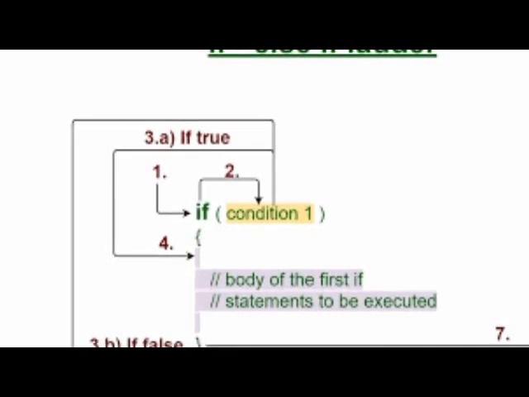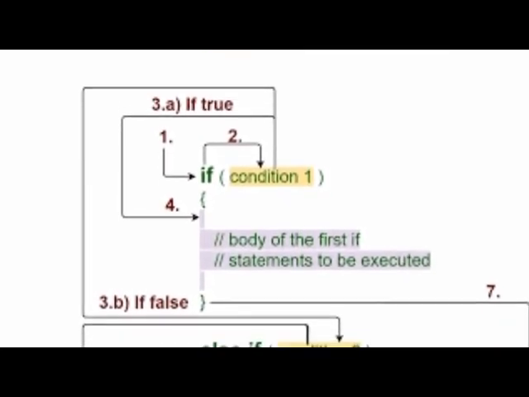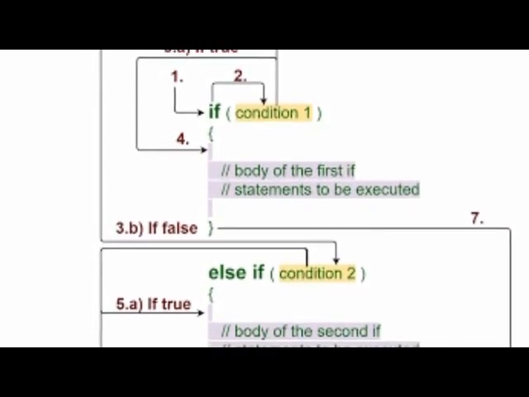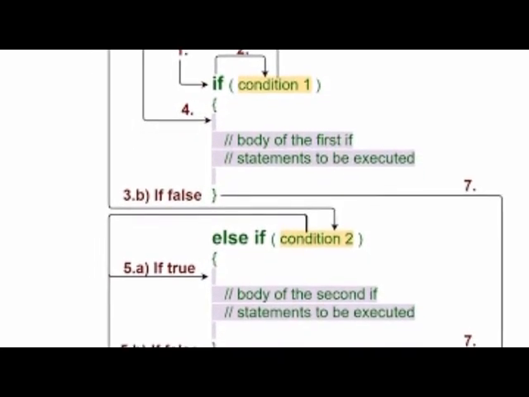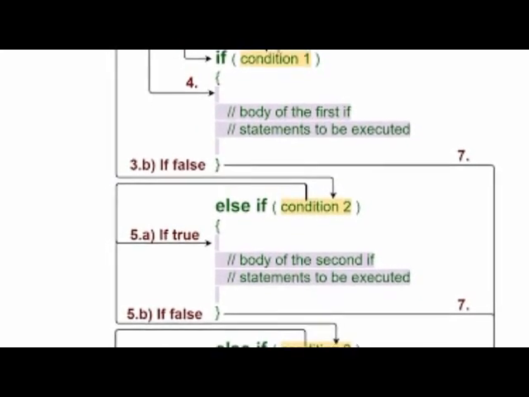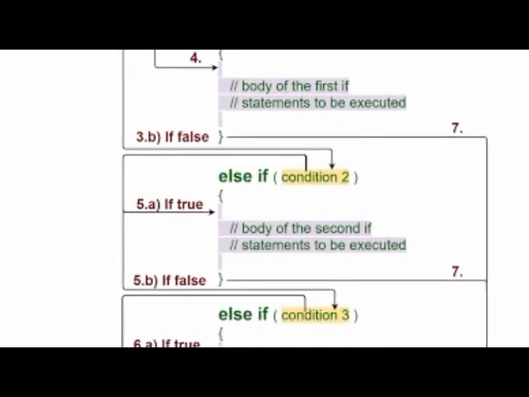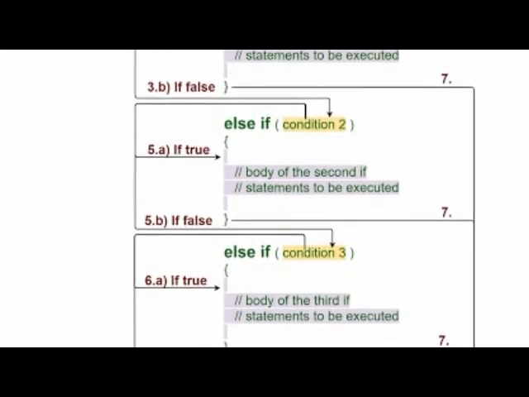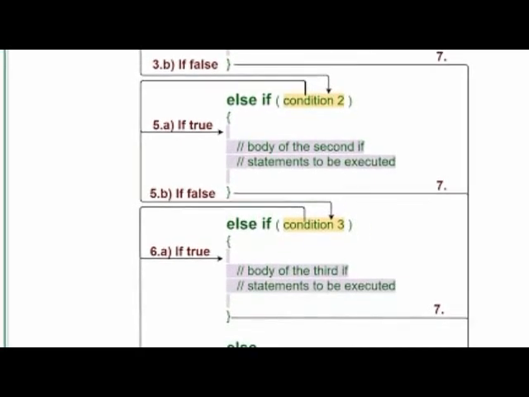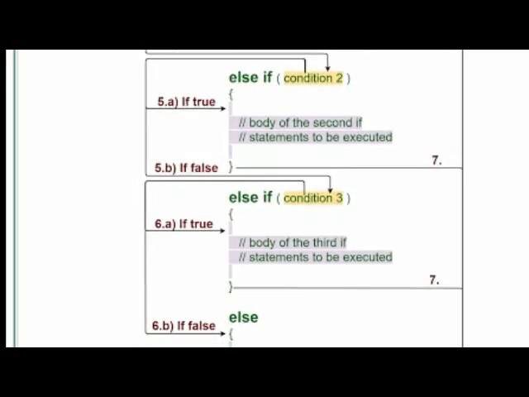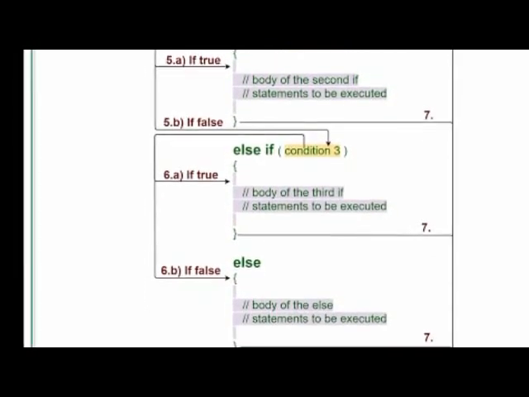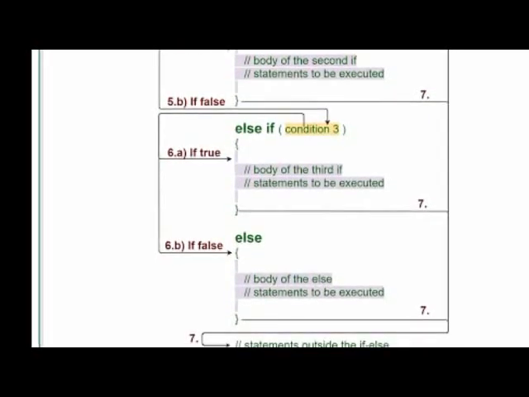Now we can see a DFD of if else ladder. First we write the if keyword, second the condition statement using a relational operator. Third step, check the condition. If true, then fourth step, the statement executes. But if the condition is false, it goes to else. If the condition is checked as true or false, else if conditions are used as programming requires, then last it will be handled by the else statement where the body will be executed.